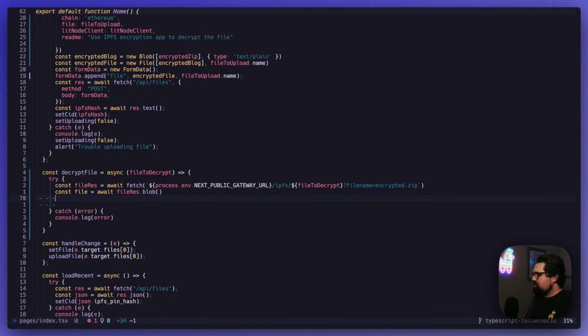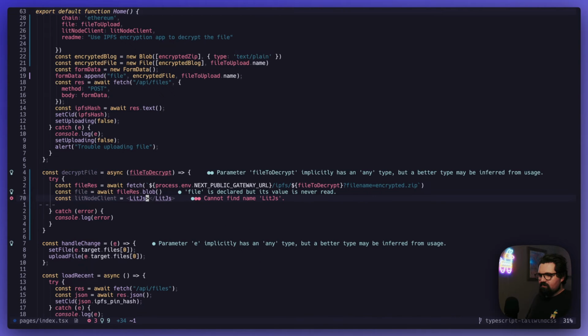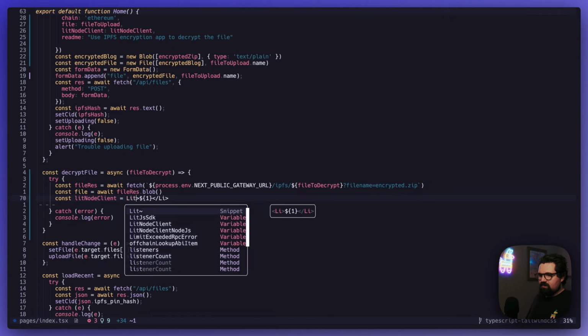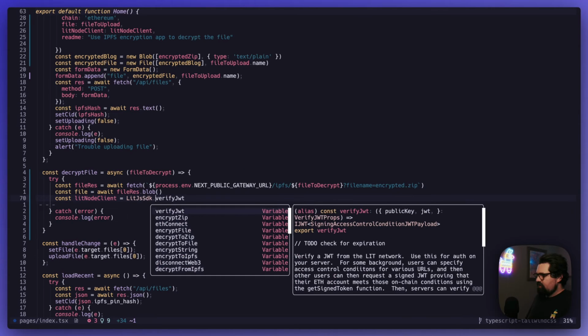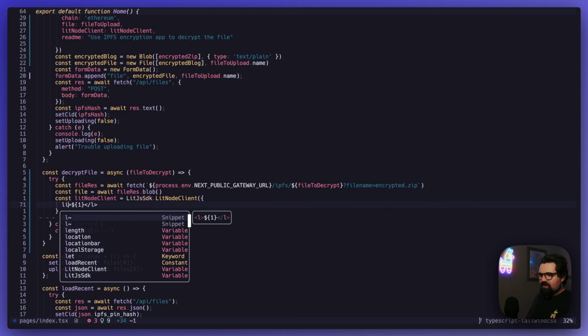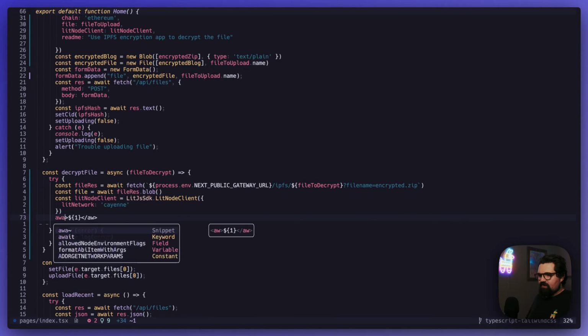So what we're going to do is say const LitNodeClient equals LitJsSdk. Oops. Let's try that again. LitJsSdk. There we go. And we're going to do LitNodeClient, open it up, we'll say lit network, pass in cayenne again, all stuff that we did earlier. Let's say await